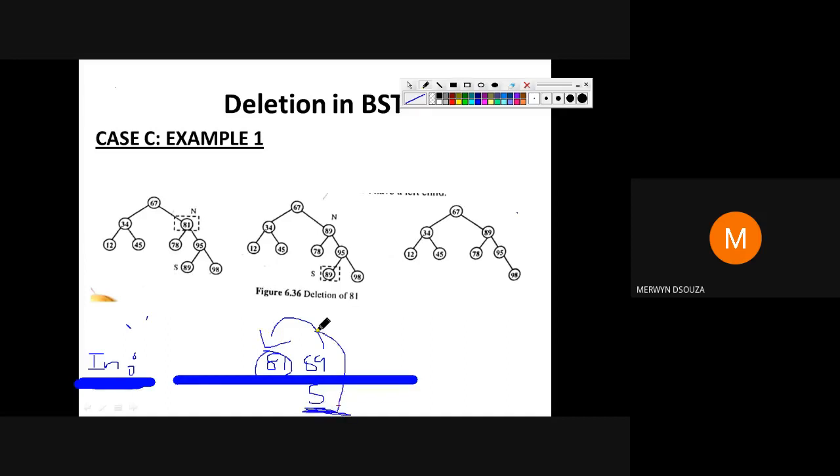You want to identify which is the successor. In our case, it is 89. Replace 81 with value of the successor. So when you replace, you will get something like this. This is the successor. So you replace 81 with 89, which is the successor. Once you have done that, delete this successor from here. Once you delete it, you get like this. This is the deletion of 81.